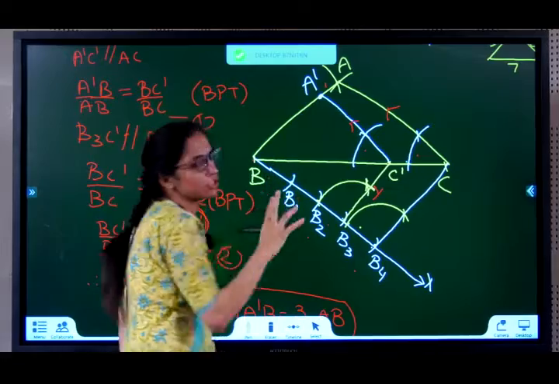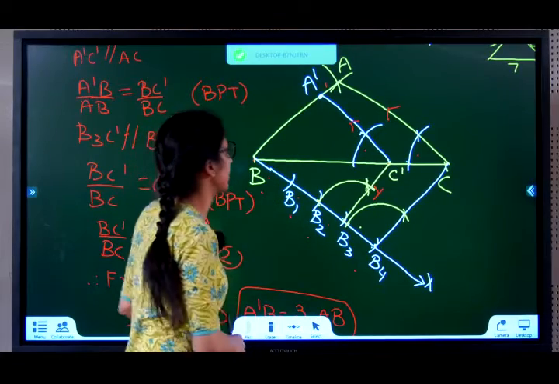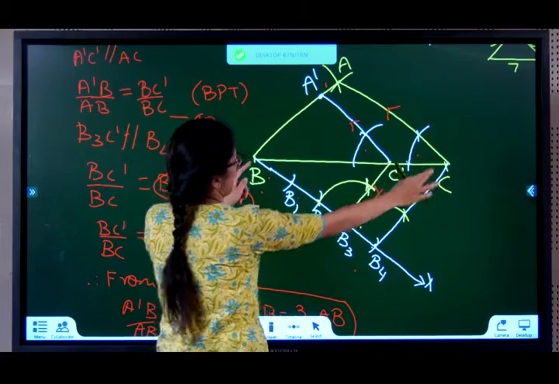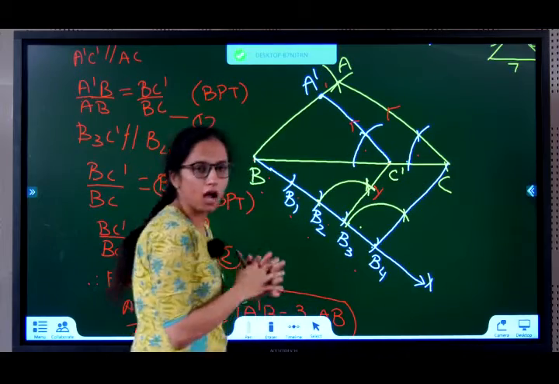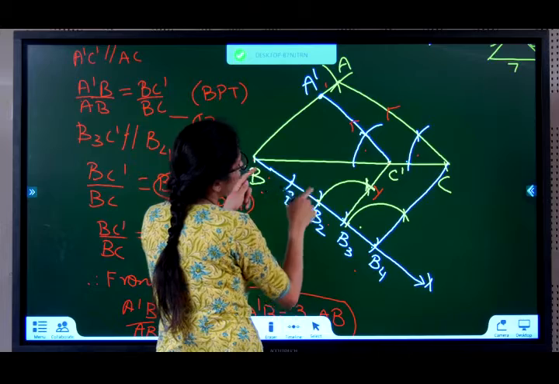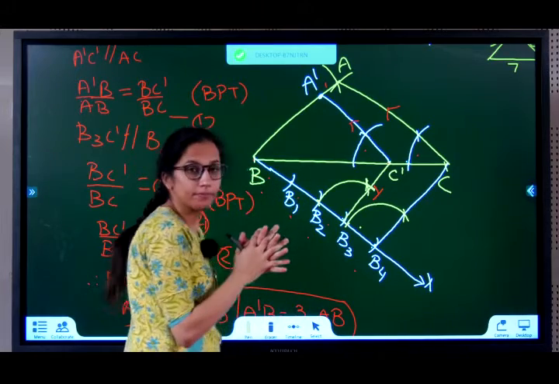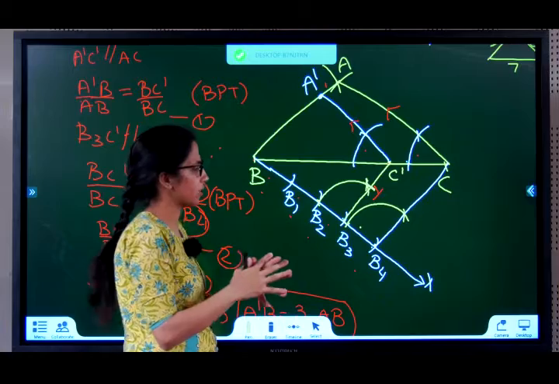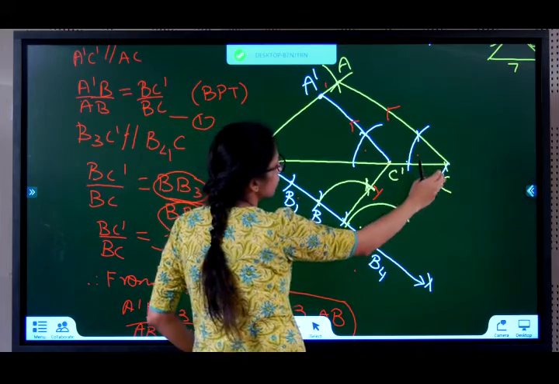Let the point of intersection of the two arcs be A. Keeping BC at the base, draw angle CBX where it is acute. On ray BX, cut 4 arcs of same measurement, or you can say of measurement 1 centimeter, 0.5 centimeter, whatever you have taken. Join B4 to C.